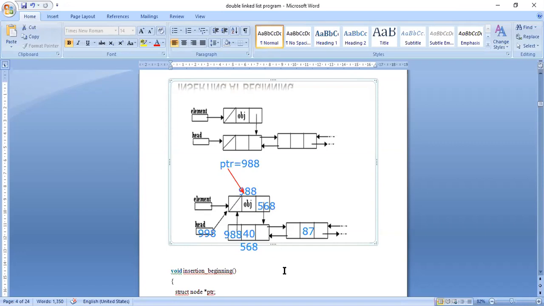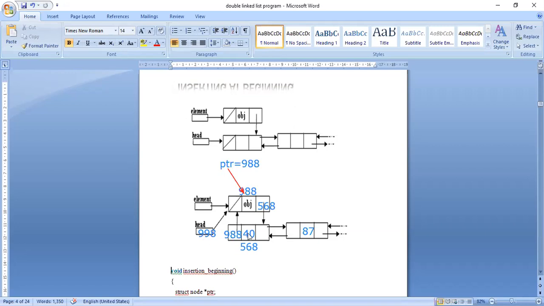So you can see here, I have kept 998 in this head of pointer. Previously the value is 568. I had not changed the head previously. These values are after the whole insertion, so that's why it is 998, but initially it is 568.